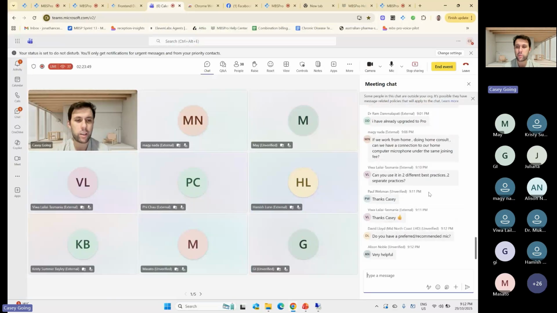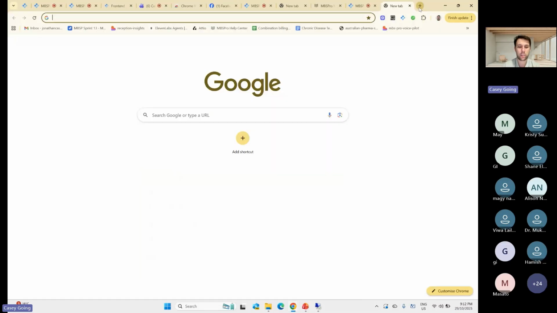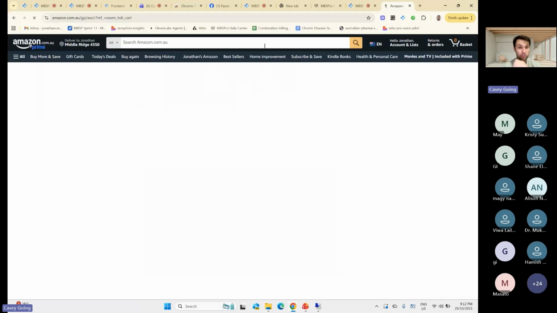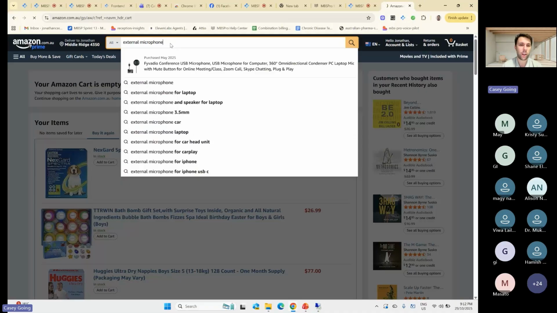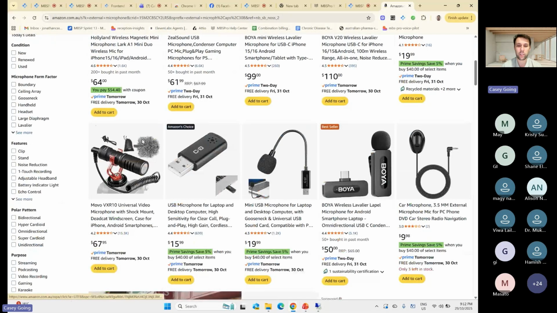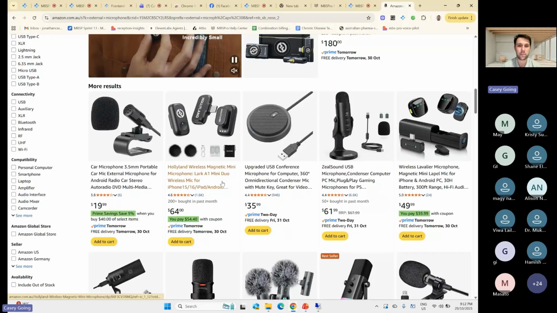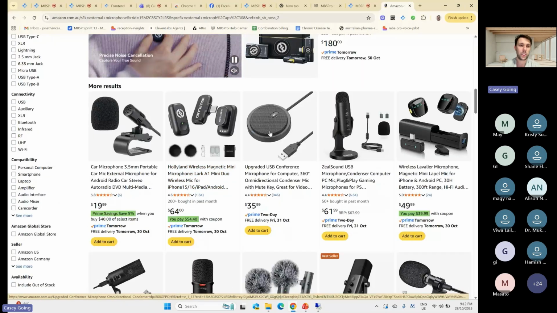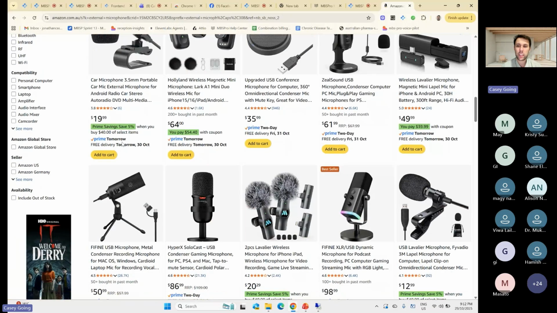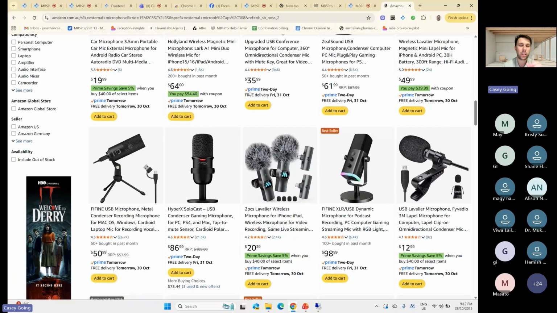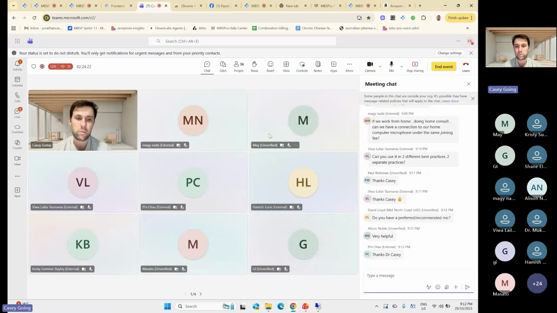Oh, another little question. Do you have a preferred recommended mic? Not really, just any external mic. 30 bucks, 50 bucks will work. They're like little pucks. Let me show you the ones that we use, or have used. You don't need to spend 50 bucks. Here, this is a great one, $35. That's awesome. Something like that would probably work fine. That's 20 bucks. So you don't need to spend a lot of money. They're perfectly fine. If it's sitting in between you and the patient, not a problem.